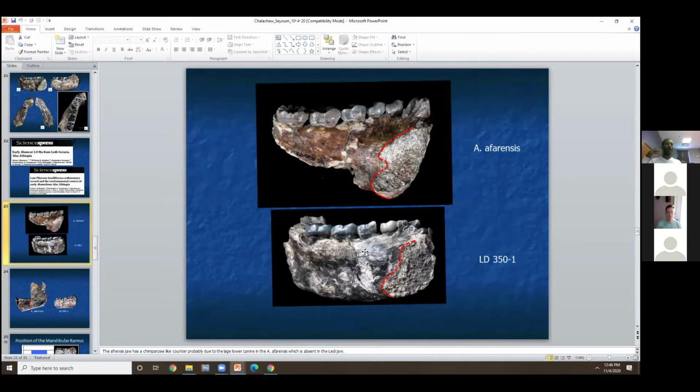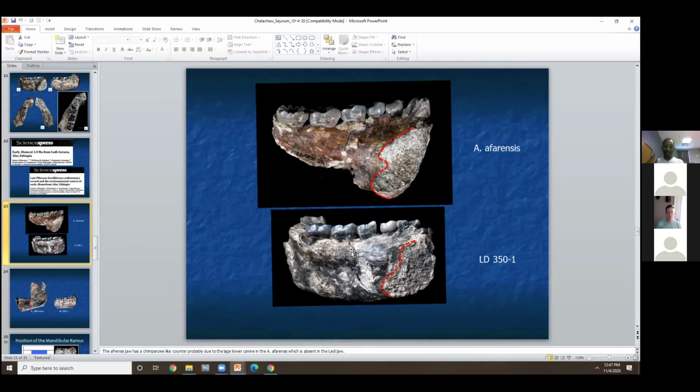What made us decide, since we thought it's a different species, that this was early Homo? We compared it with different jaws we have from Ethiopia, Kenya, and South Africa, because most of the labs here in the US have some casts of different hominin specimens, so it makes it easier to compare in some cases,